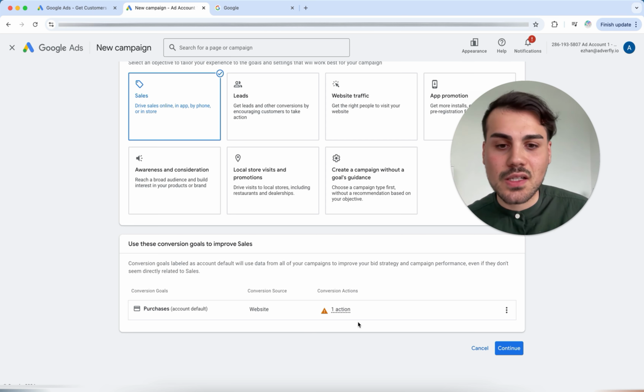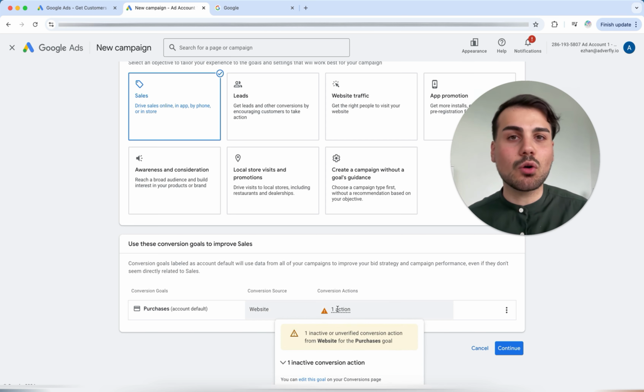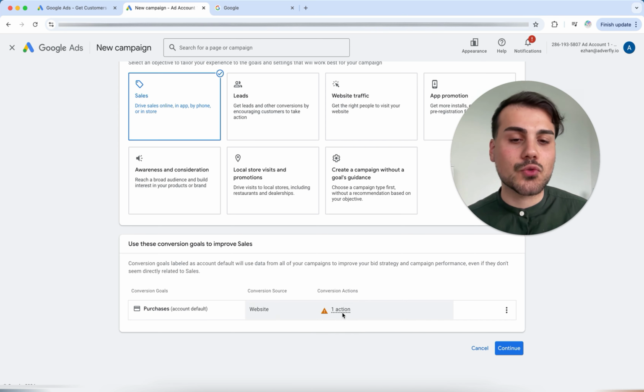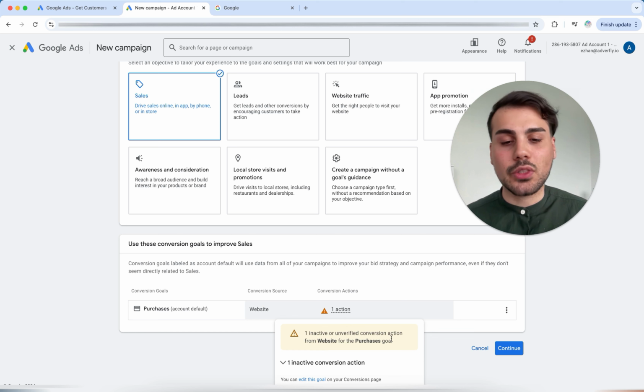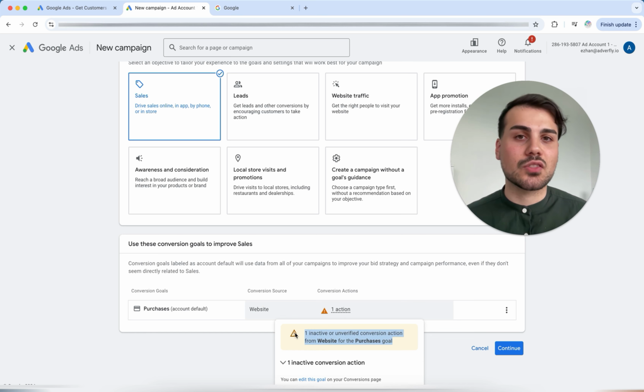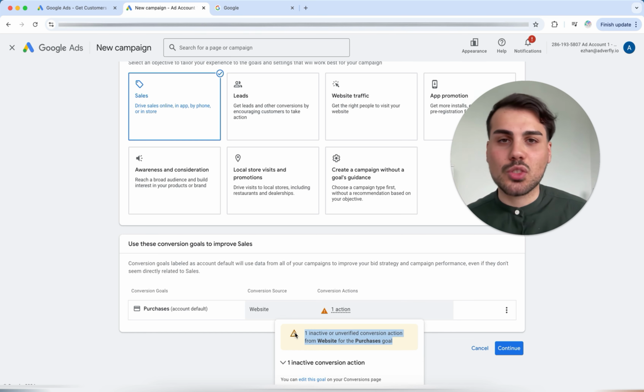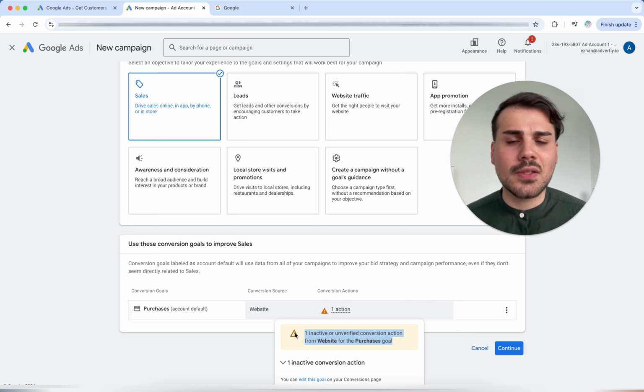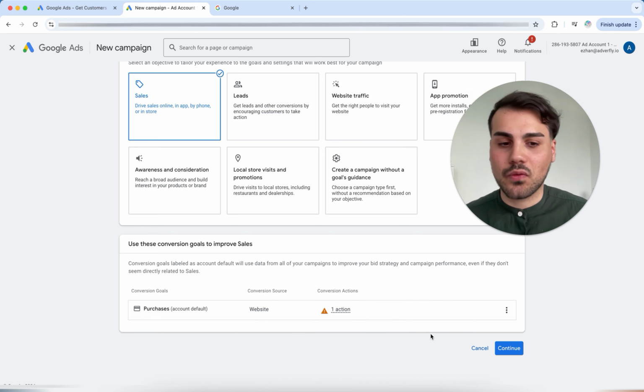In my case, I get an error message here because this is a demo account for this video. So it is important that you also look here by moving the mouse over which error message appears here, because it is important to solve this beforehand. In this case, for example, there is no pixel installed here, and in this case I click on next.